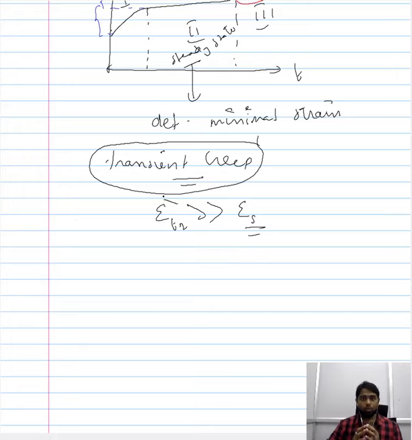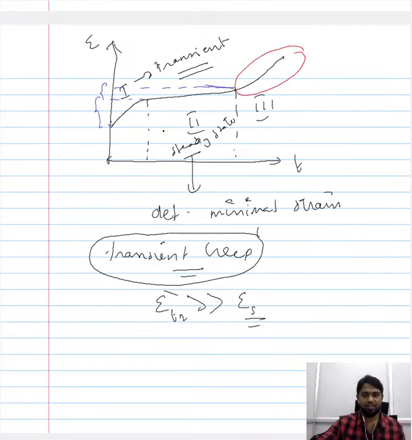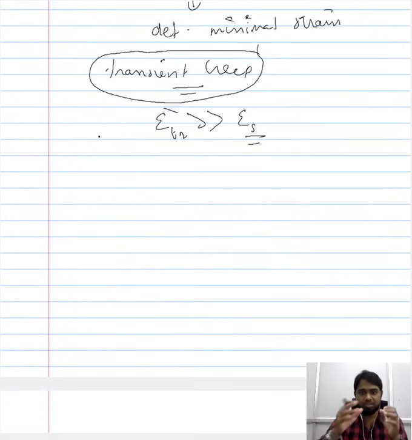However, when you want to focus on how much the material deforms during this particular combination of temperature and stress, then our focus must be largely on the transient stage or the first stage, because as you can see here, it is the first stage that offers a significant amount of strain to the material.